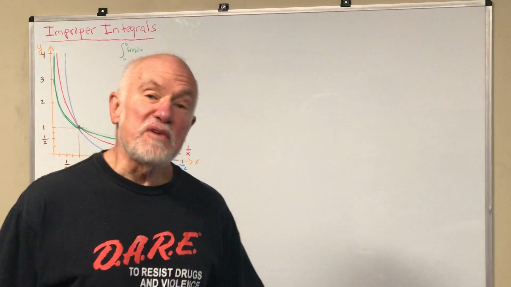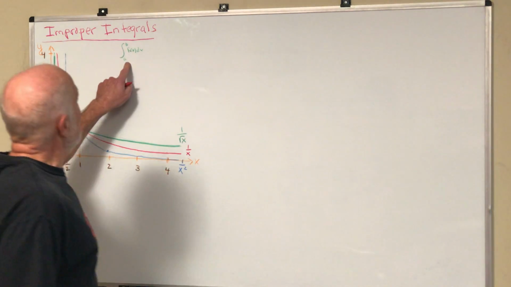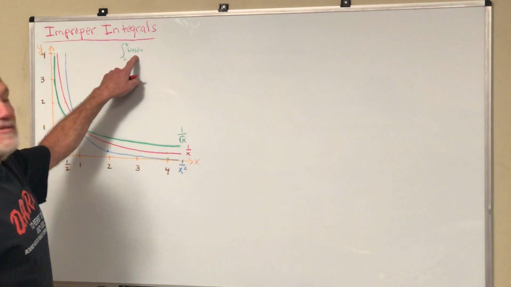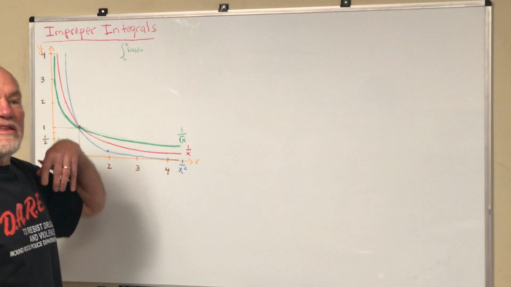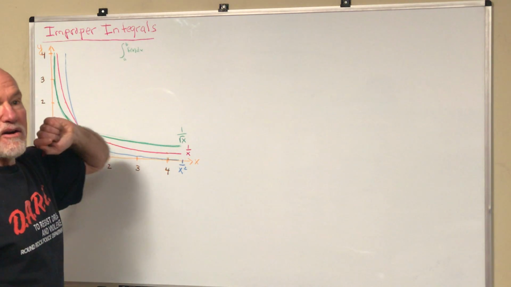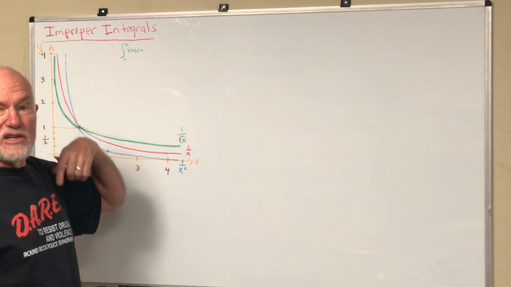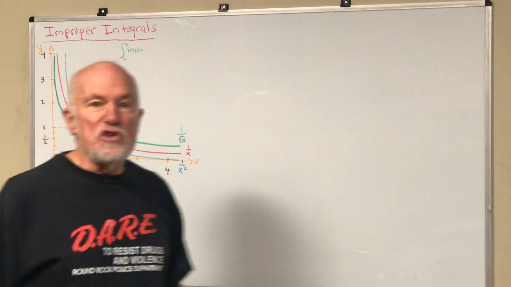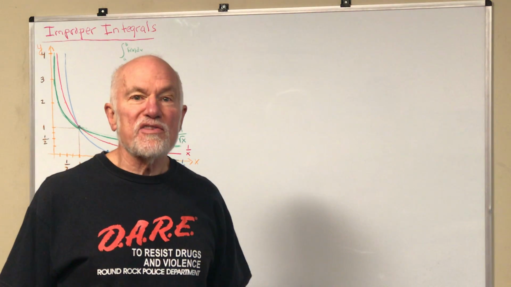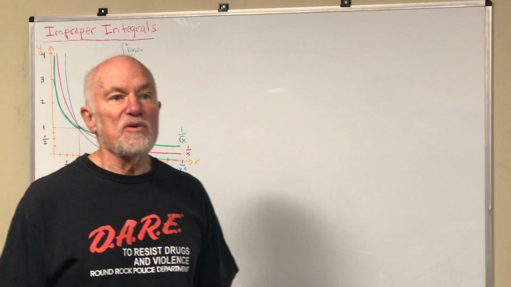So far we've been talking about integrals that are proper. The integral from a to b of f of x dx. What makes them proper is that a and b are numbers and f of x is a continuous function. To use the fundamental theorem of calculus, we know that f of x has to be continuous because when we